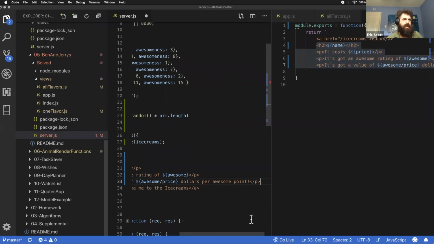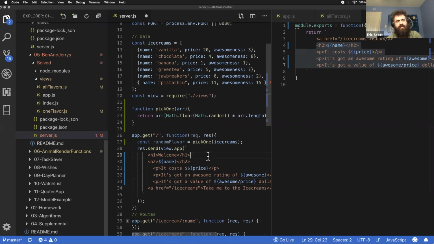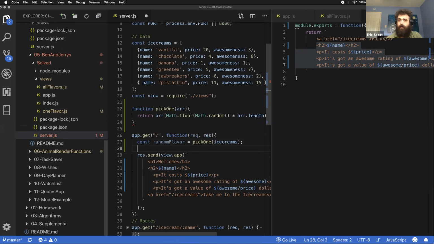And I could say, yeah, I want to put all of this here. That means, of course, I have to destructure the flavor and all of that. And so I'm already having to do a bunch of extra work. It's getting kind of hard to put all of this on here. So I would say const name, price, awesomeness